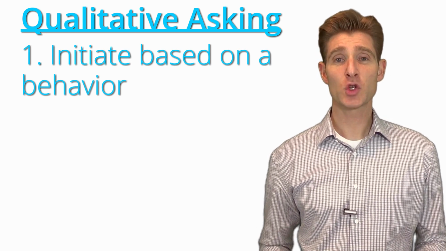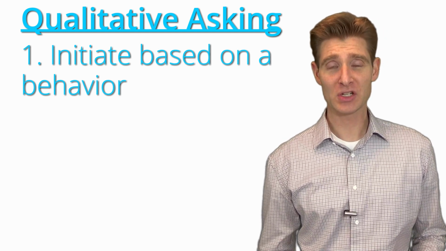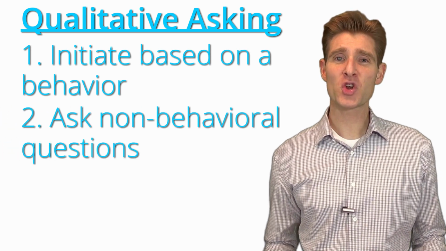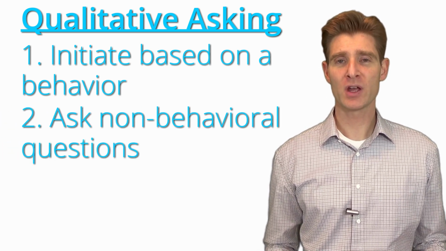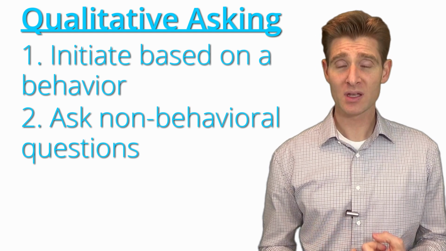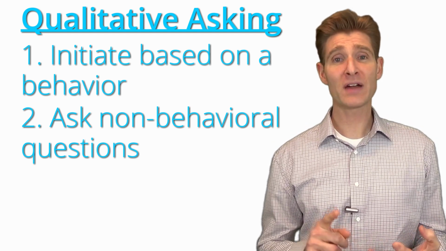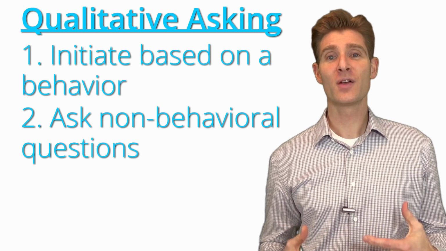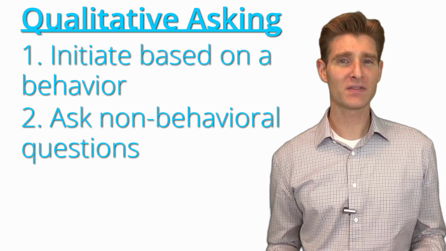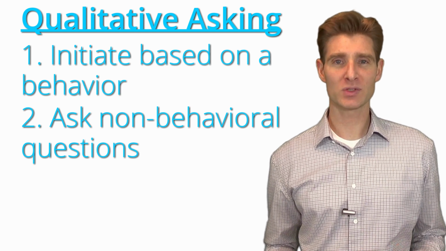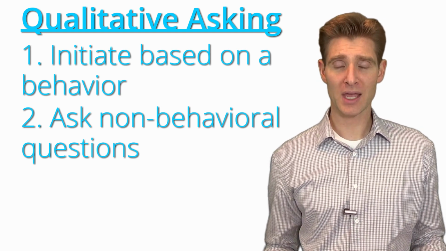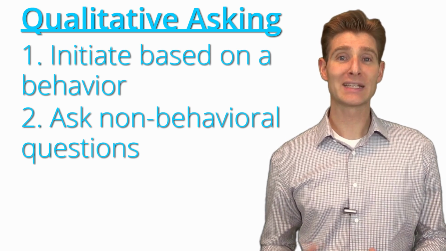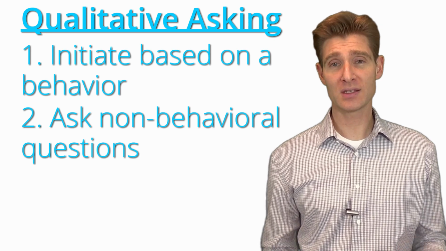The second thing you need to do after you initiate the survey based on some action is ask them questions that are appropriate for qualitative data. Make sure you're not asking questions that could be measured with behavior. You want to ask things about their knowledge gaps. You want to ask about their opinions, their preferences. You want to ask about their demographics. Ask things that are their opinions, their preferences, these qualitative things that you can't actually measure. I can't measure someone's opinion. I can't measure someone's knowledge gap. All I can do is ask people. Make sure you use qualitative surveys and data to get qualitative information that's relevant that isn't user behavior.